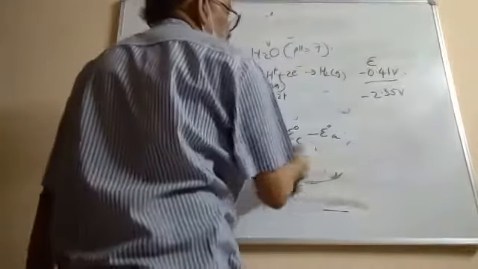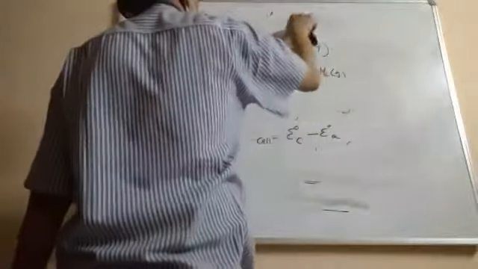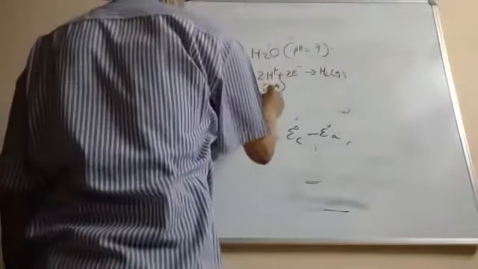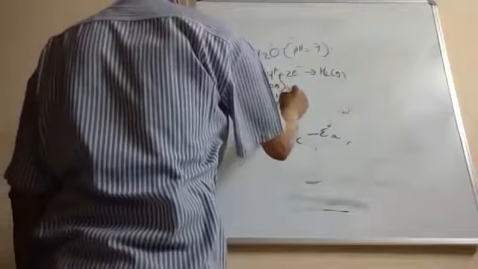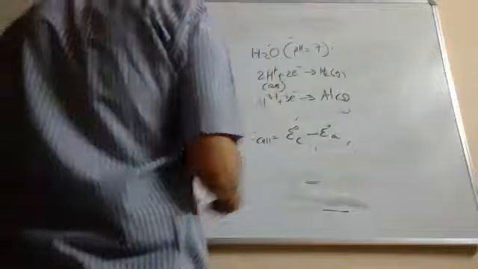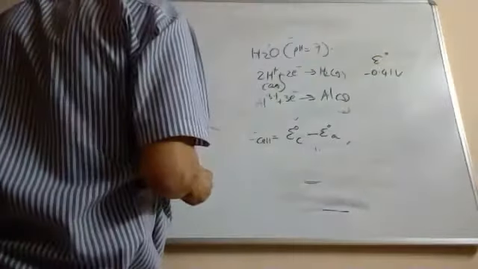We'll use the same equations. The numbers are going to be different. This time, I'm going to have aluminum metal. So the potentials again are, for the first one, negative 0.41 volts, and for the second one, we have